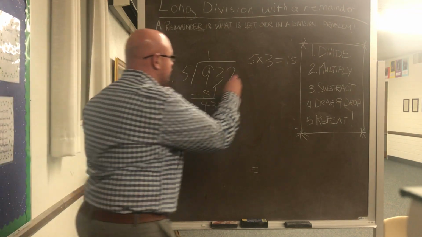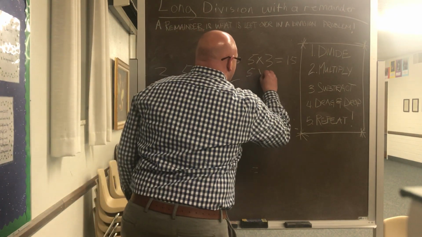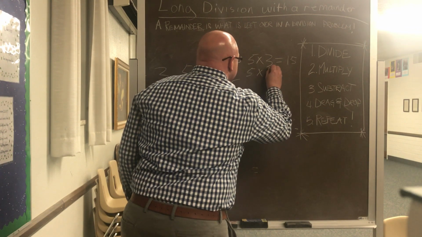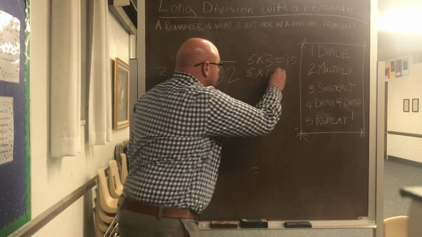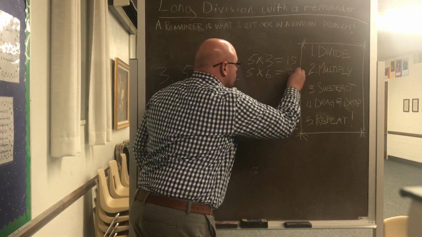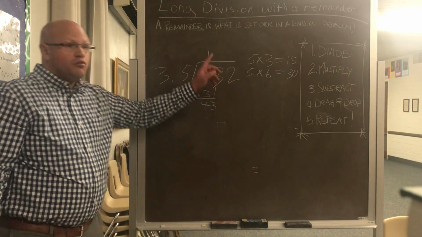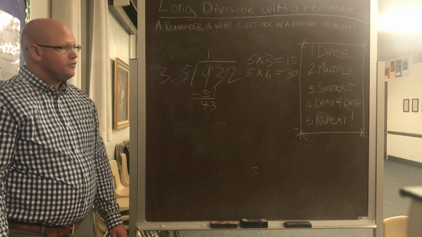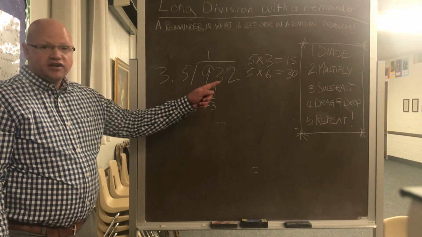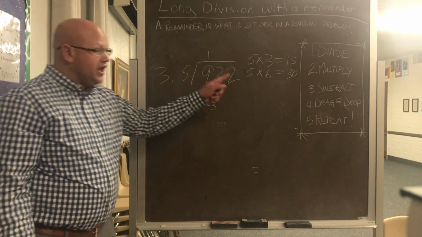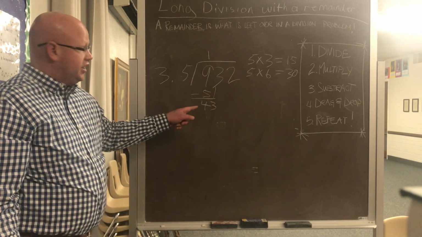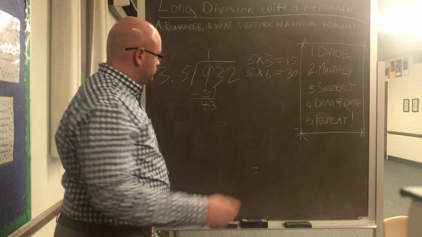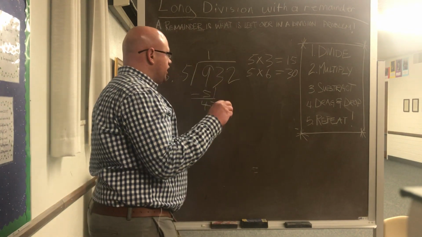So let's try something else. 5 times, let's say 6. 5 times 6 equals 30. Okay, will that work? That could work. I mean, 30 can go into 43, but there's still a gap. So let's try